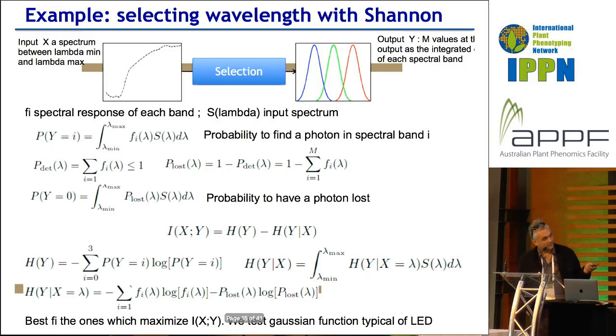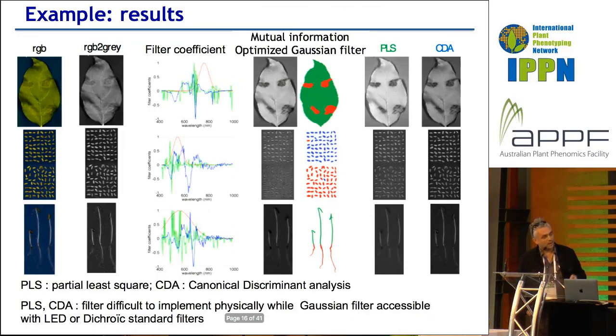The technical slide coming gives a detail of this. We consider the selection of bands as a Shannon theory illustration, where you have a continuous channel as input, and as output you have a discrete channel. And if you maximize the transfer of information of this, you can look for the design of the best filters. This is what we did on some examples shown here.